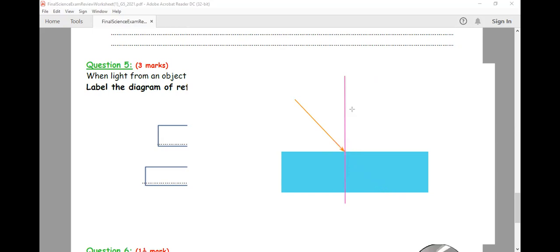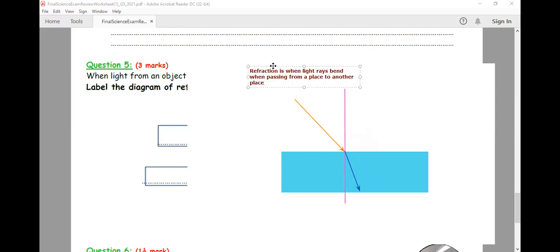The light breaks a little bit because it is slower now. That's what we call refraction. Refraction is when light rays bend when passing from a medium to another